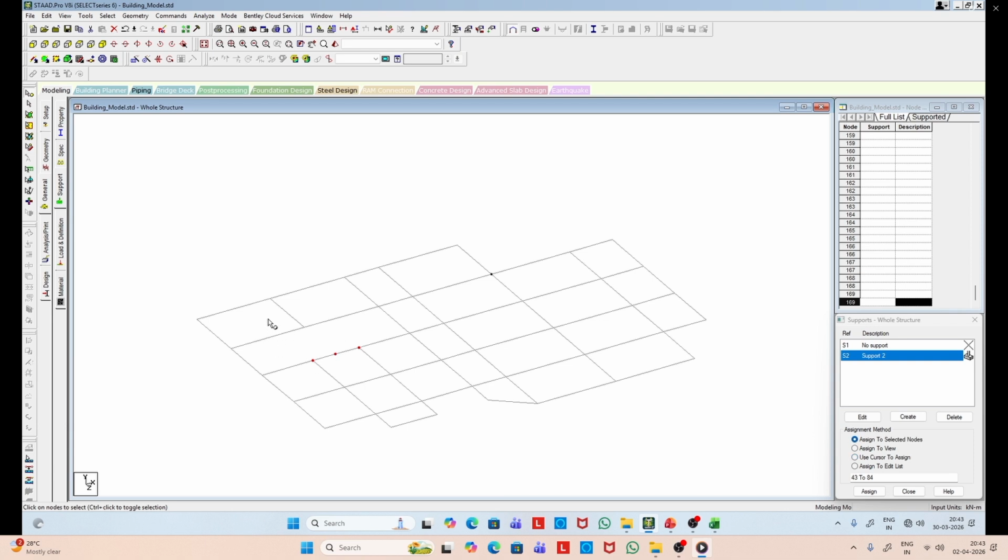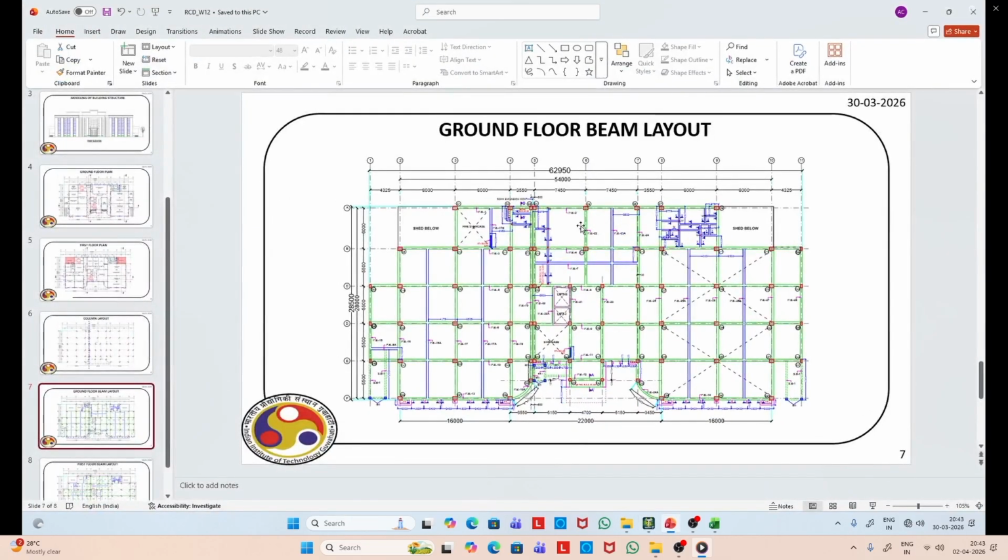And now you can see a node is created in between, and then we can connect these 2 nodes to create a beam which is landing over another main beam. There is no column. Now we will create similarly the secondary beams marked blue. And here, as I said, we'll make some assumption. We'll not create that finer details you can see at the top right corner.